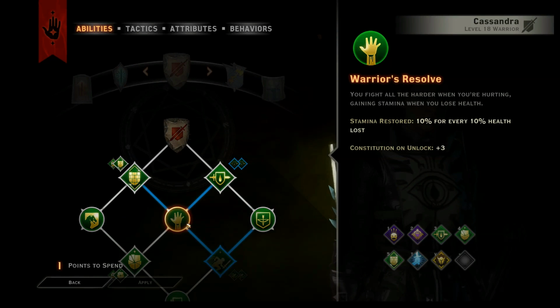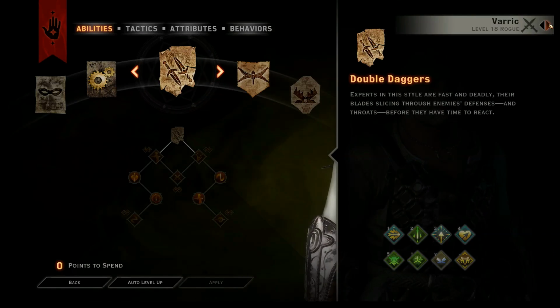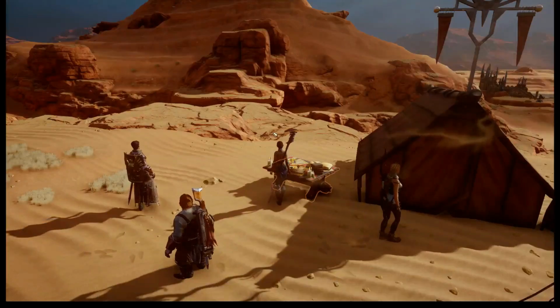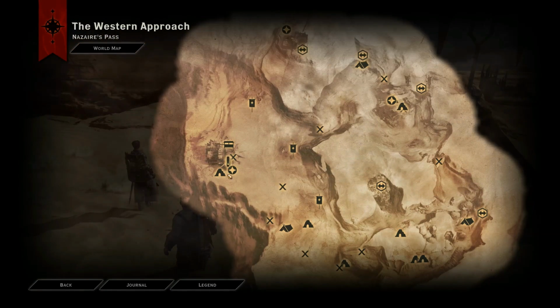Cassandra, speaking of passives, we'll give her more stamina. She might not need it, but she's getting it. And Varric is good. Okay, cool. Well, that was a waste. Sorry about that, guys. What is over here? Oh, requisitions, or...